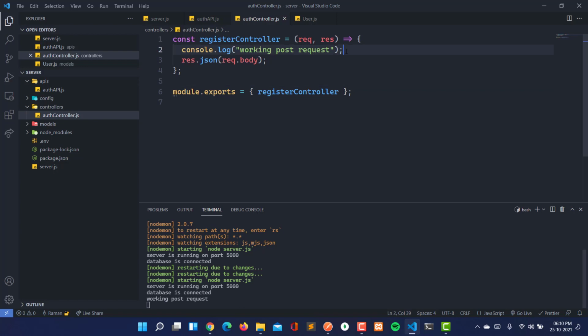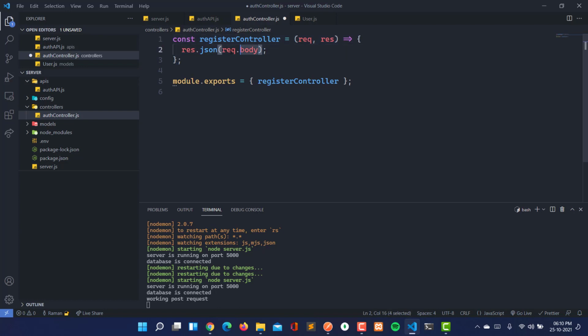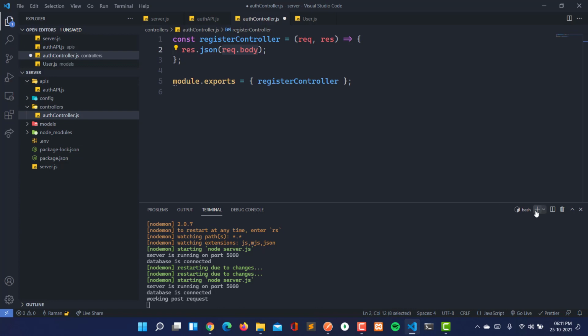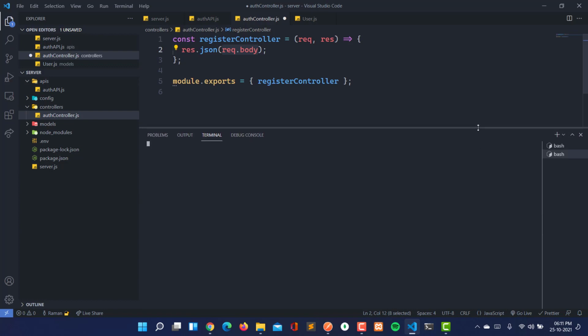So this means that our controller and our auth API is successfully established. But why are we not getting any body here that we have passed? We have passed the body in the JSON format from the Postman, but we are not getting that body. This is because we are having this in the JSON format, and we have to parse that body here. So to parse that body, we have to install a dependency here, that is body parser. So we are going to use the body parser here.